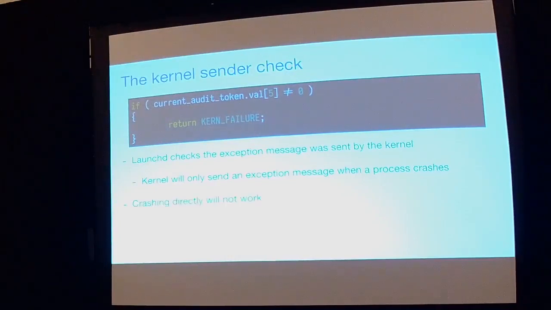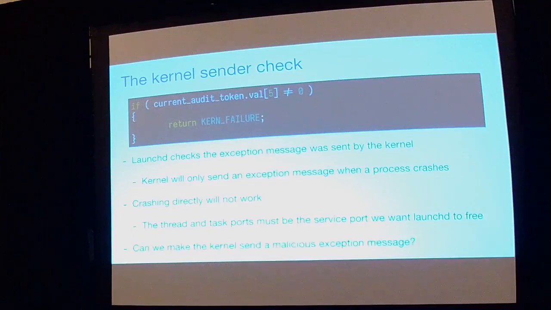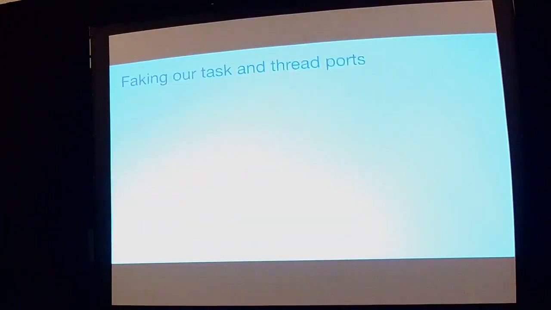And if we just try to crash our own process directly, that's not going to work because the kernel is going to stick the real thread and task ports in the exception message. And what we really need is for the exception message to contain the send right that we want to free inside of launchd. That's the whole premise of sending a malicious exception message. So at this point, exploitability on iOS depends entirely on one question, which is, can we make the kernel send a malicious exception message? Now, the answer isn't obvious, but I basically did some digging in the deep and dark corners of XNU,